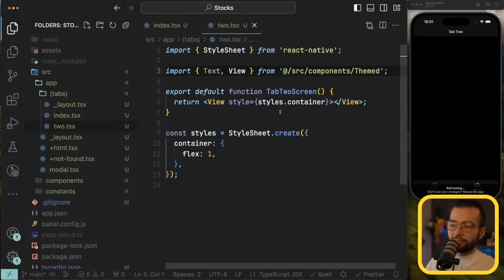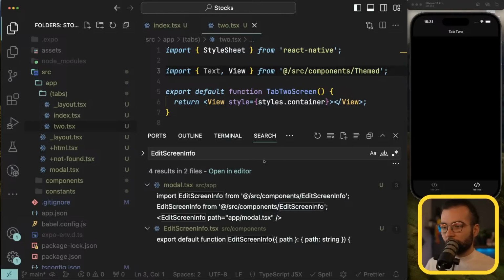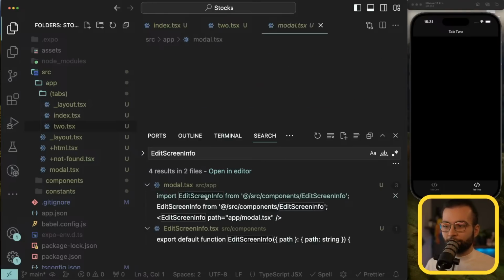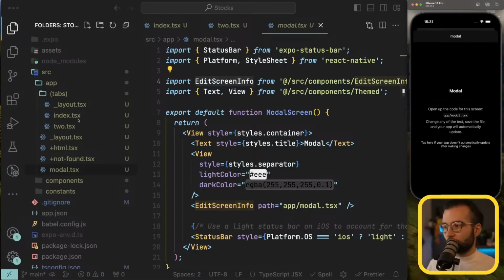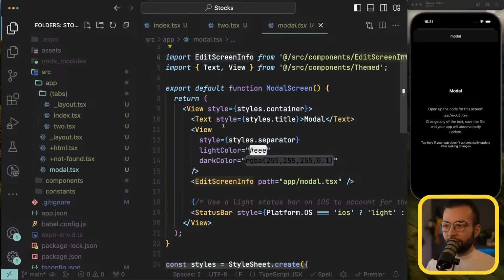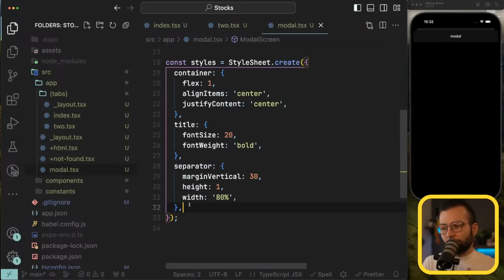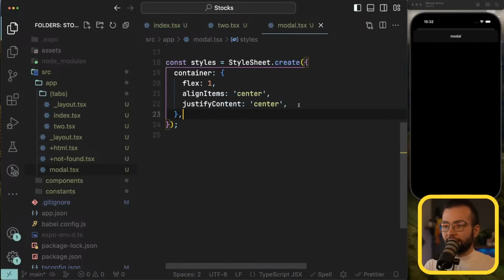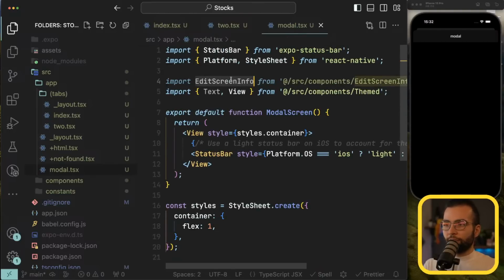And if we do a search for edit screen info, we will see that we still have it imported in the modal. So let's go and clean up the modal as well. I'm gonna go into the application modal file. Here we again see the title, we see the view and edit screen info. Let's delete them. I will leave the status bar for a moment. Actually, I will leave it. I will only delete the styles and this flex align and so on, and the import of the edit screen